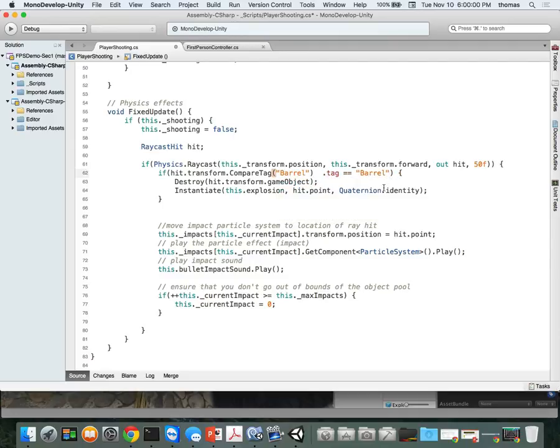Let me get rid of this piece here. If that's true, right? If hit transform compare tag to barrel, if that's true, then I want to destroy the object first, so it's gone. So the barrel looks like it's disappearing, number one. And the second thing is it's instantiating the explosion on the hit place, whatever the hit is, without an angle, right? Meanwhile,